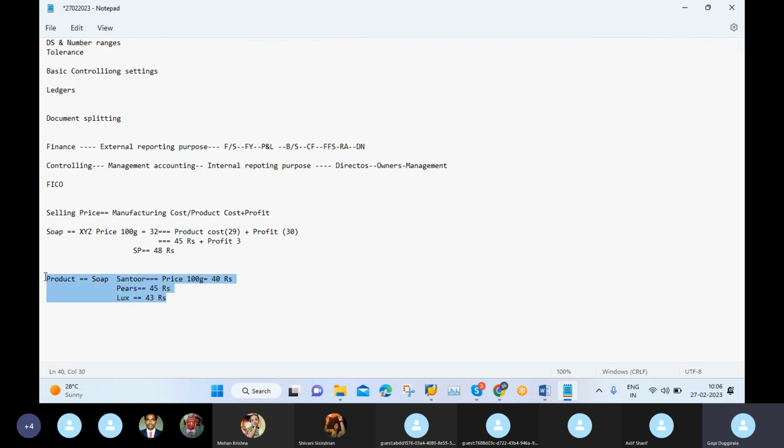In competitors, we have prices only like 40, 43, 45. But I want 30 rupees profit in each and every soap. Then is it possible to continue in the market? No, right. Then suppose I add just 1 rupee profit, so my price will be reduced by 30 rupees. But in this case also, can I succeed in the market? No. The answer is no.